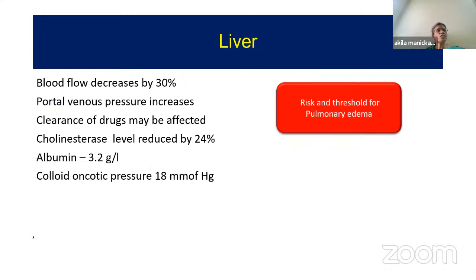One, there is an increased plasma volume, so the hydrostatic pressure is more. Second, the colloid oncotic pressure is less. And there can be leaky capillaries in addition, if they have PIH and all those things. Judicious administration of fluids, along with syntocinon, can result in capillary escape and some amount of pulmonary edema. Though the cholinesterase level is reduced by 24%, we don't see a clinical increase in apnea time following administration